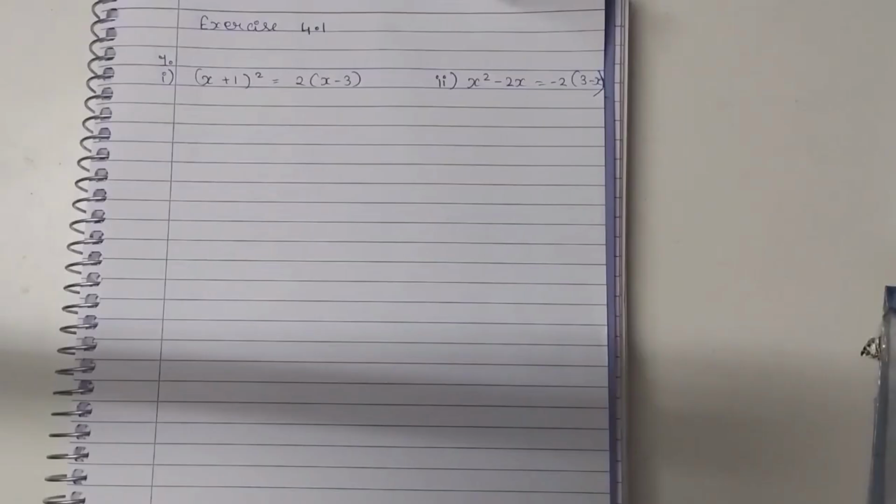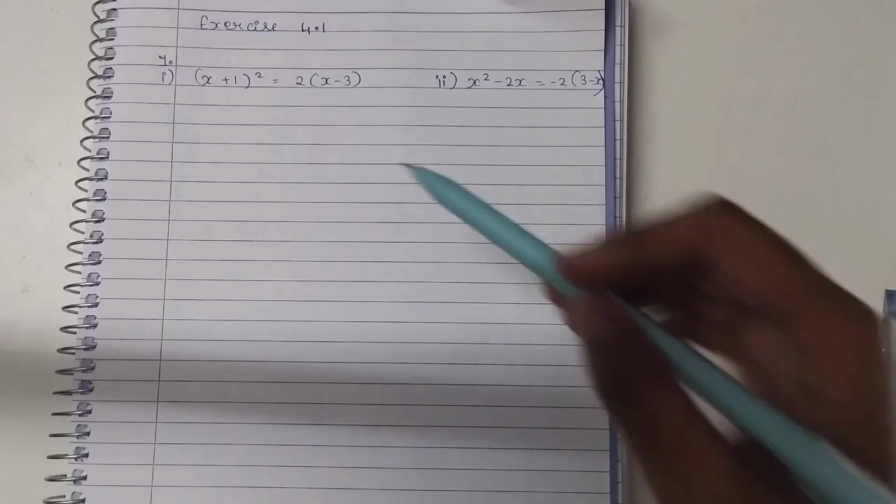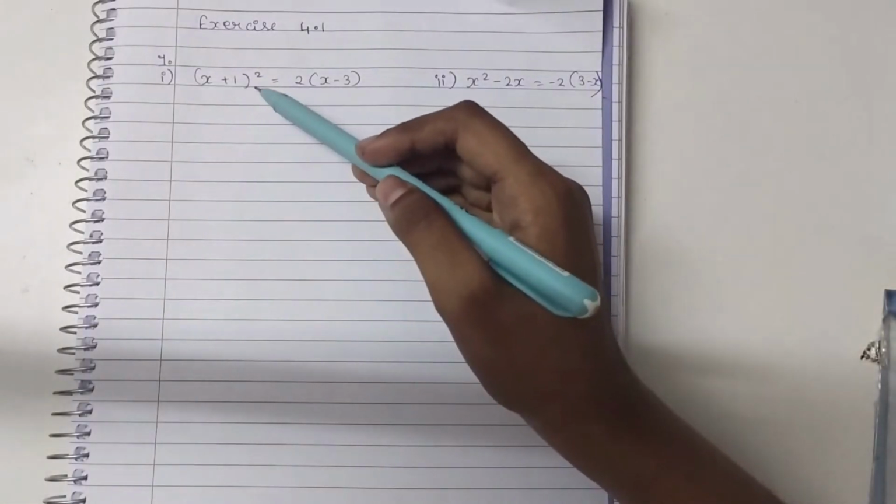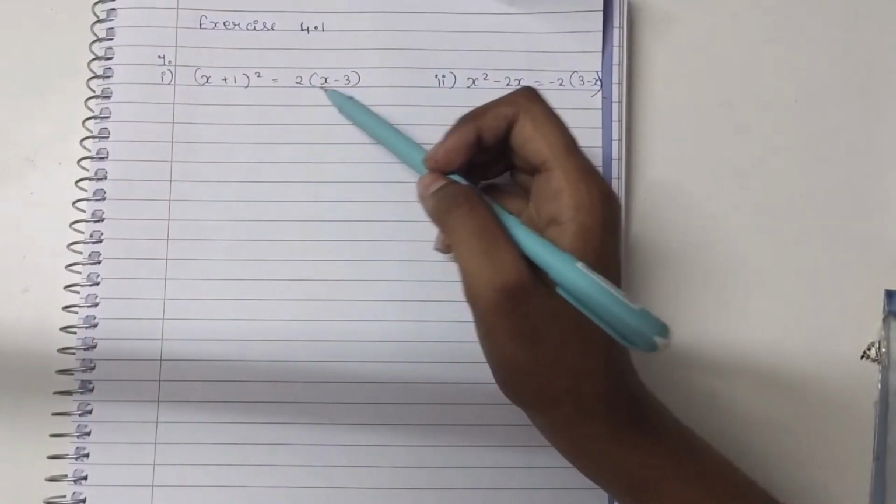Going over the solutions from exercise 4.1 from the chapter Quadratic Equations. So in the first question, they've asked us to check whether the following are quadratic equations. In the first question, they've given that x plus 1, the whole squared, is equal to 2 times x minus